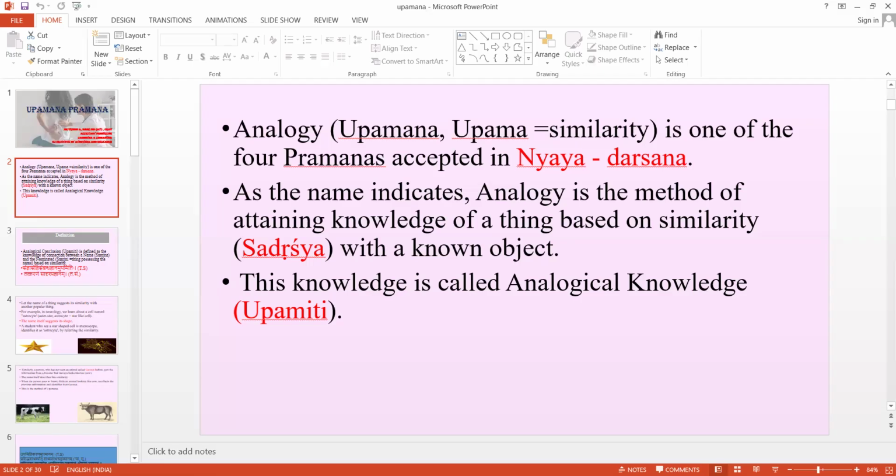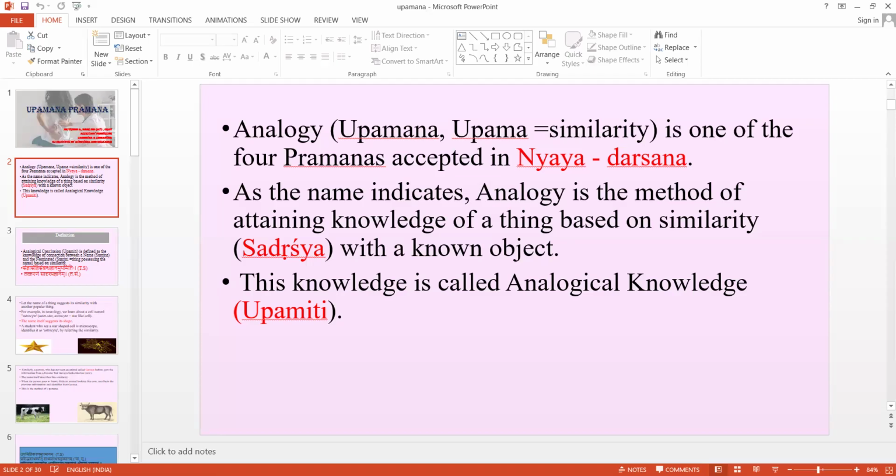Aprama is a different concept. It is of three types that you will learn later. So first, concentrate on Upamana. What are the things you have to include under Upamana Pramana if it is asked in exams? You write the Upamana Pramana heading. Then, who accepted Upamana Pramana? I already told you: Nyaya Darshana, and also Sushruta Samhita.